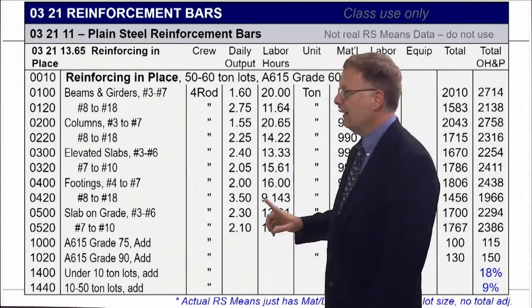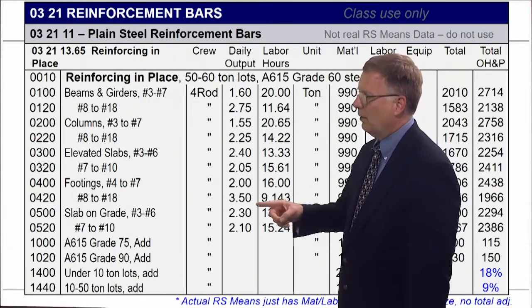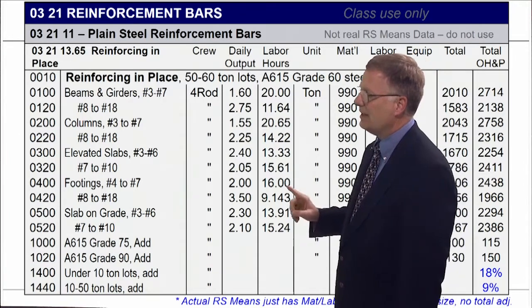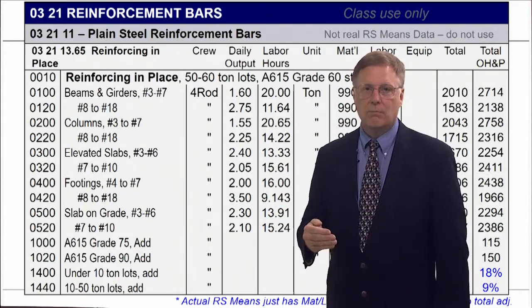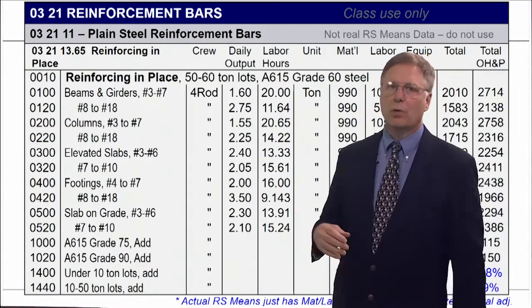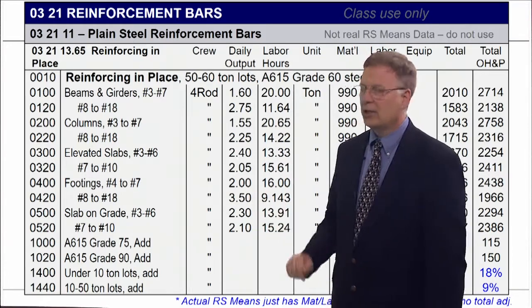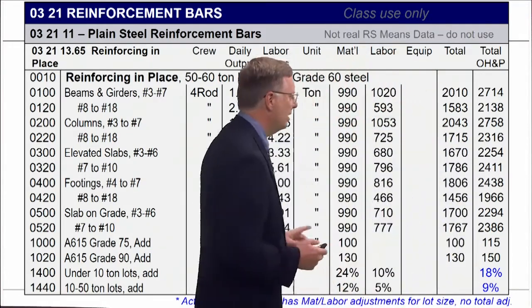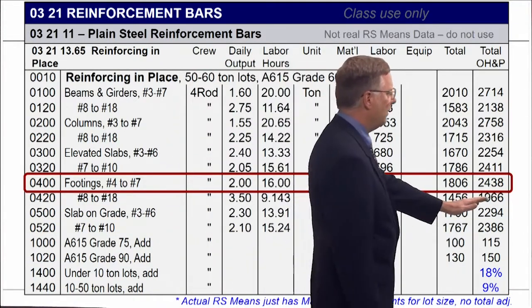All right. Then you look over here, and of course this is based upon the work crew. We've got 4 rodmen for the work crew. We're going to use 16 hours for every ton, which relates to the fact that, of course, we've got 2 tons per day. I mean, almost magically they just match right up. All right, let's take this right on across. Let's make sure we've got it highlighted. We're going to go across, we're going to find out